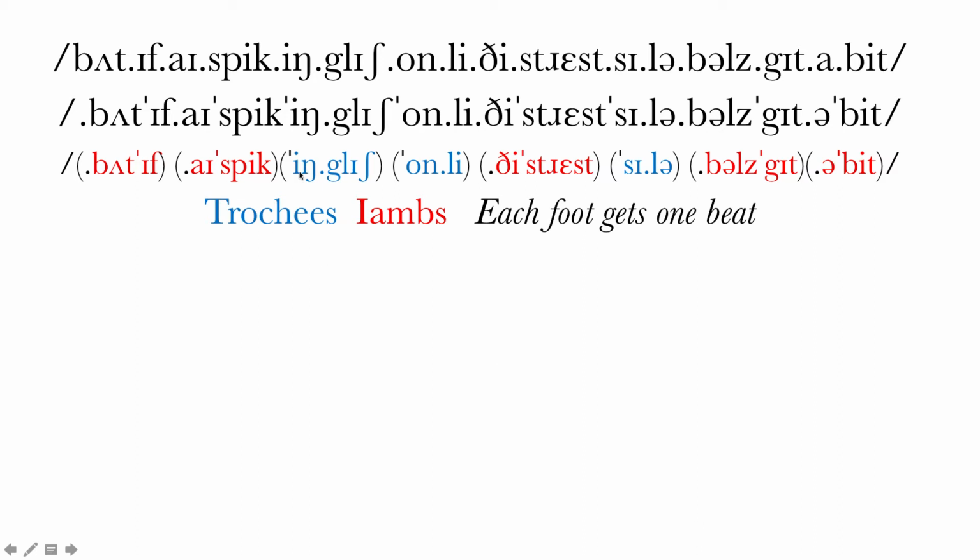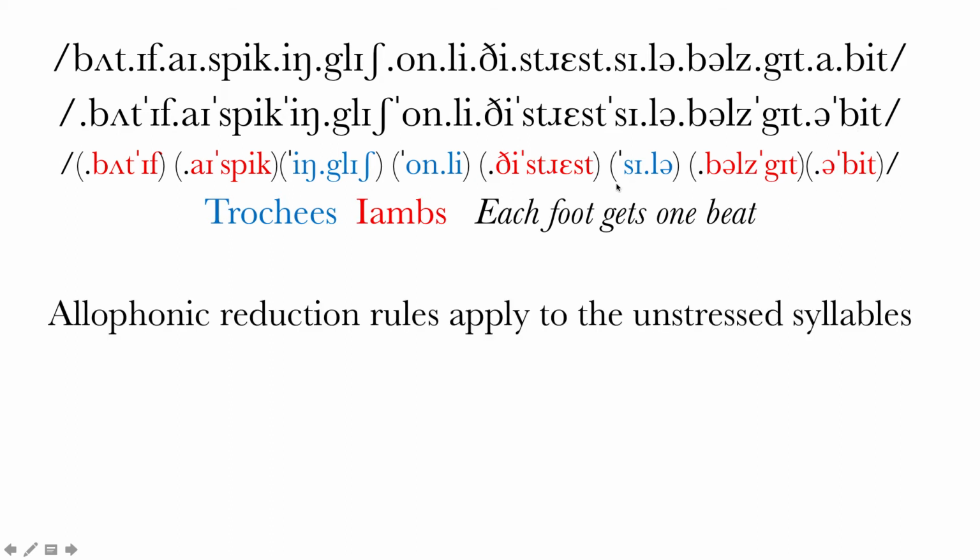Even if sometimes you have two stressed syllables in a row, and then we've got two unstressed syllables next to each other. So this was again the phonemic transcription, but a phonemic transcription that would include the stress assignment and the metric feet. And actually we saw already that